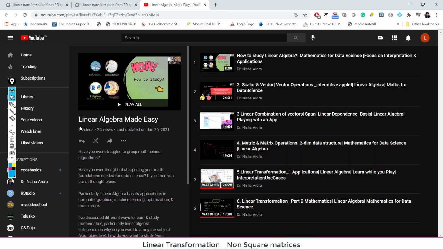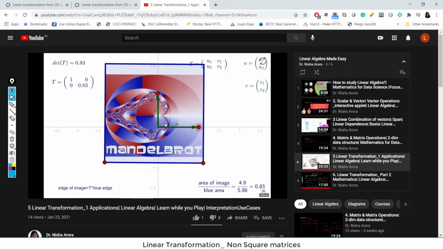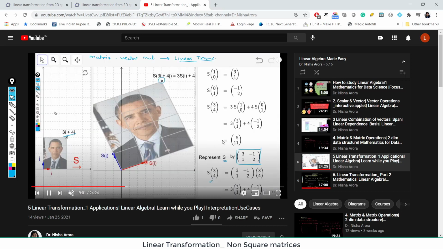In continuation to the videos in the playlist Linear Algebra Made Easy, today we are going to discuss something more related to linear transformation. In tutorial 5 on linear transformation, we have seen using some applets where we were looking at some linear transformation specifically by using 2 by 2 matrices. So here we have seen these examples where the transformation matrix was 2 by 2 and we were transforming a vector from two-dimensional space to another vector in two-dimensional space using these examples. We have seen some more applets in this video.